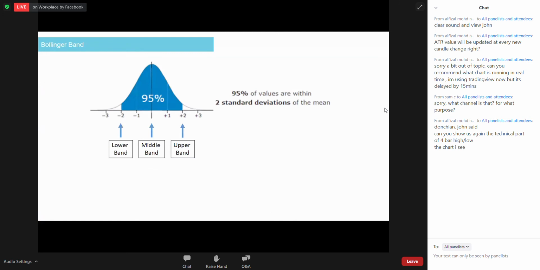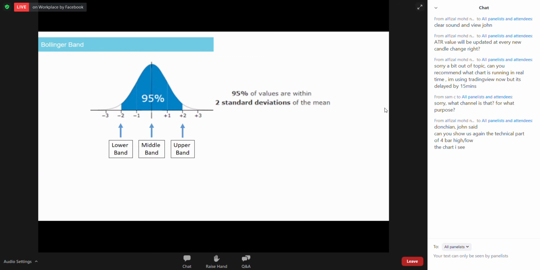Until I remembered what my statistics teacher told me, and that is the entire basis of Bollinger Band. Bollinger Band is actually derived from the normal distribution curve, the statistics angle. Two standard deviations, if you still remember, a bell curve. Whatever data you average will form a bell curve. It means 95% of the time it will move within a confidence interval. My statistics teacher would feel very proud that I can still remember all this glossary. Two standard deviations of confidence interval means 95% of the time the price will move just within the range.